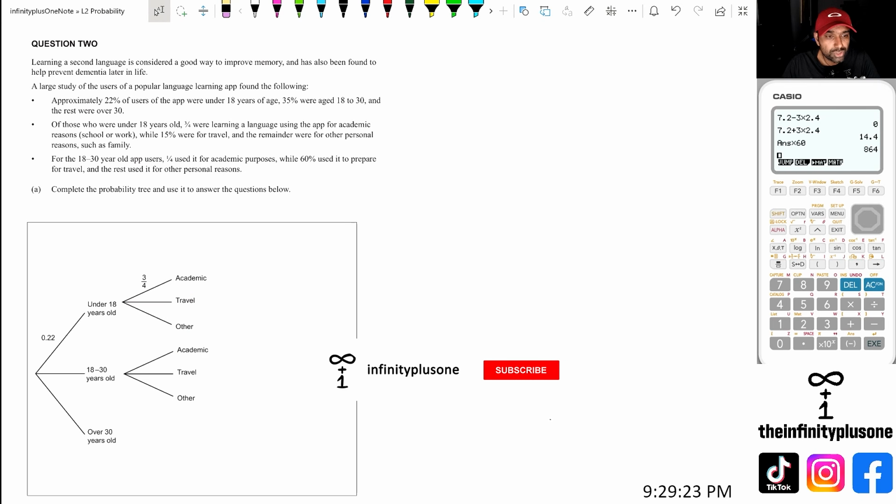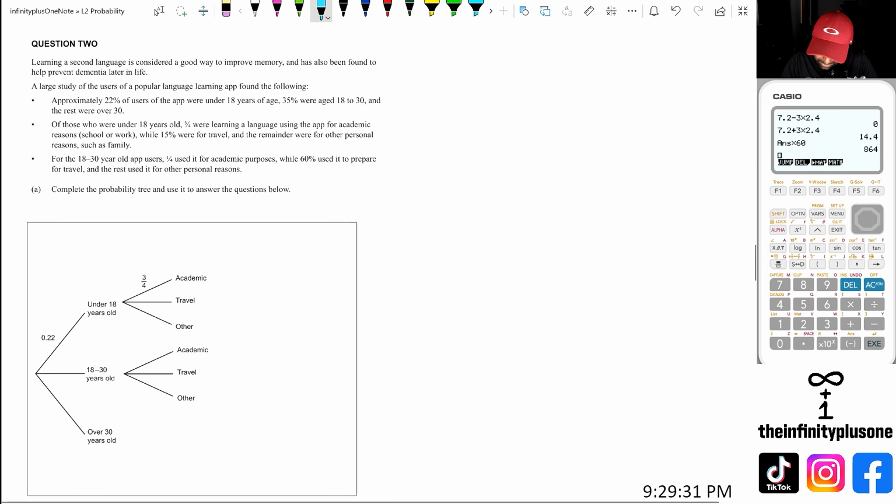All right, so for question 2, we've got to fill up all this probability tree first. I'm going to start doing things with a different color here so you can see where everything is going. Firstly, looking at the first bullet point, we've got 35% that were aged 18 to 30. So that is 0.35, sorry, that's 35%, not 30, and the rest were over 30. So I've got 0.22 plus 0.35, which is 0.57, and 1 minus 0.57